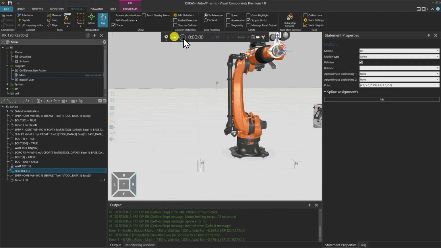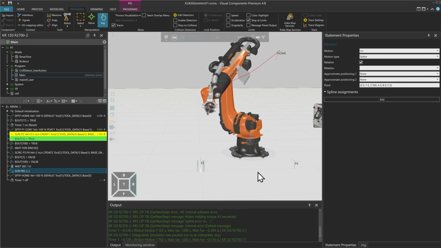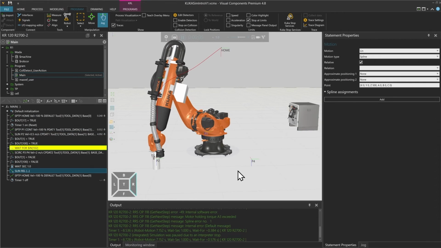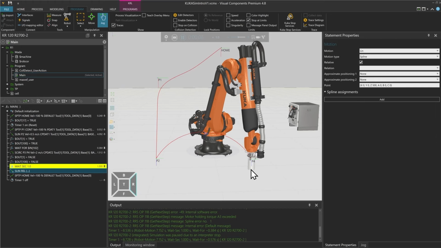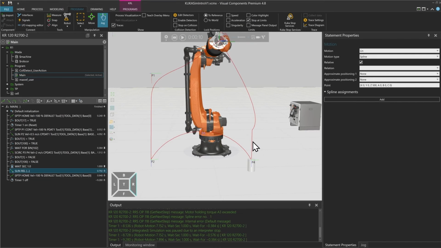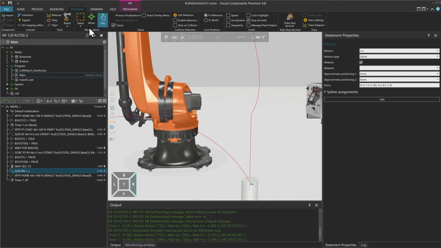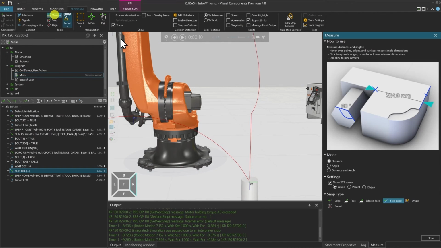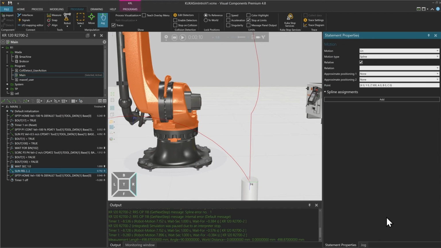What will happen if we do that and press play? It will do the same path as we've seen before, but now goes down to P2 and to P4, and now will do exactly that linear movement that we said it should do. So if we go to our measurement tool here and have a look at the point, which is approximately here, to the P4, we will see that it's about 500 millimeters. So I might not have taken the end of this relative movement, but it's the same way as you can program real KRL code, it also works here.